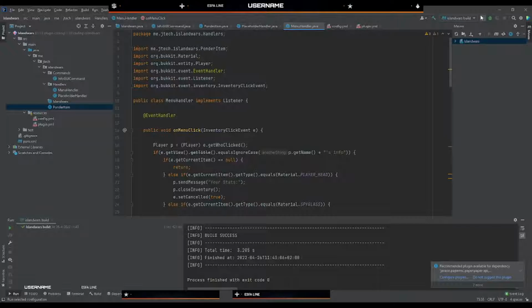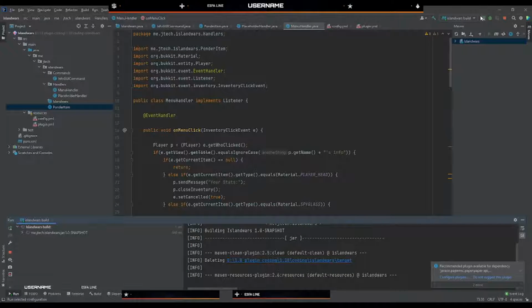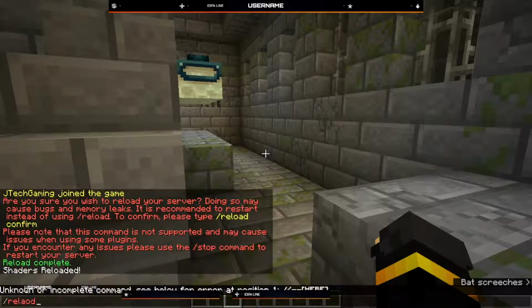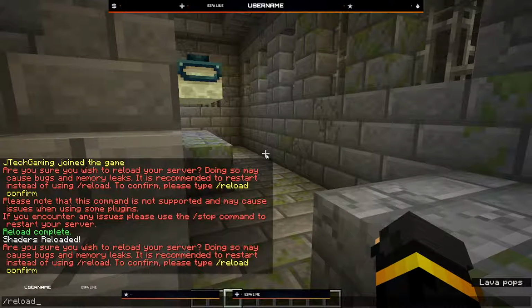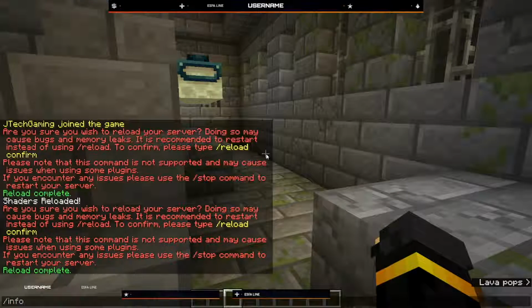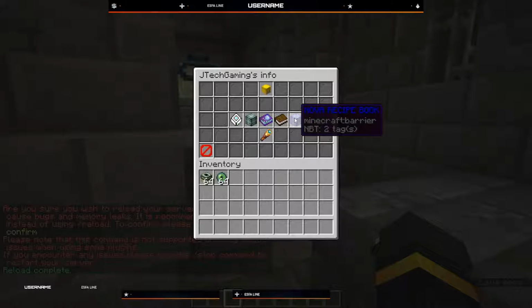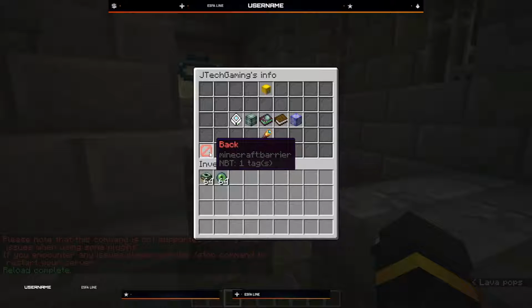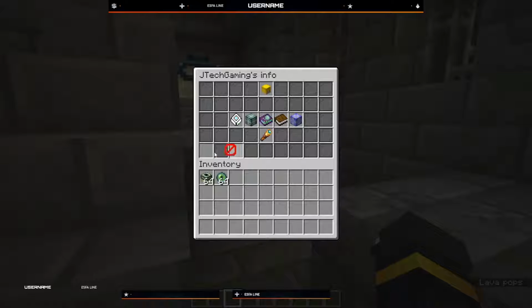So build it, and then we're gonna switch our screen to Minecraft. I'm gonna do reload, confirm, info. Now if we were to press Nova, we would quit. If we press barrier, oh,